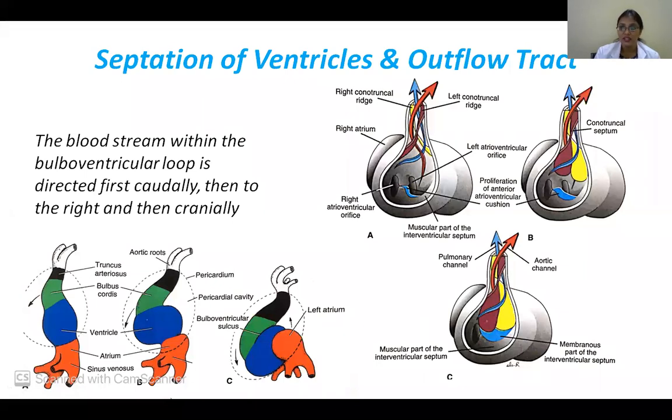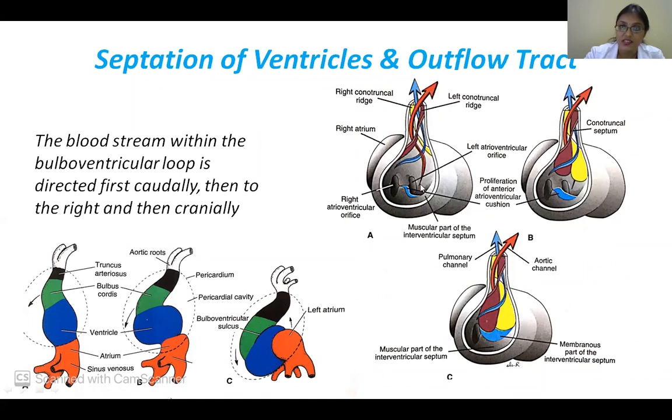Same way, now the left ventricle blood has to go into the aorta. Okay, it needs its own separate outflow tract and not just mix with the right ventricular blood and go into a common trunk. So what does it do? It pushes, whatever blood flows, it goes in such a direction that it hits the posterior part of your bulbus cordis. And whatever is coming here, this is more ventral.